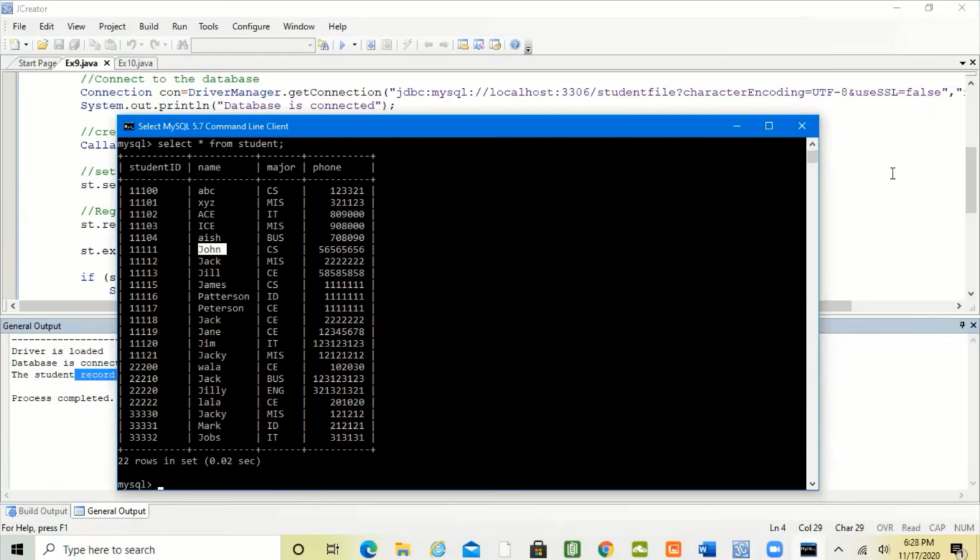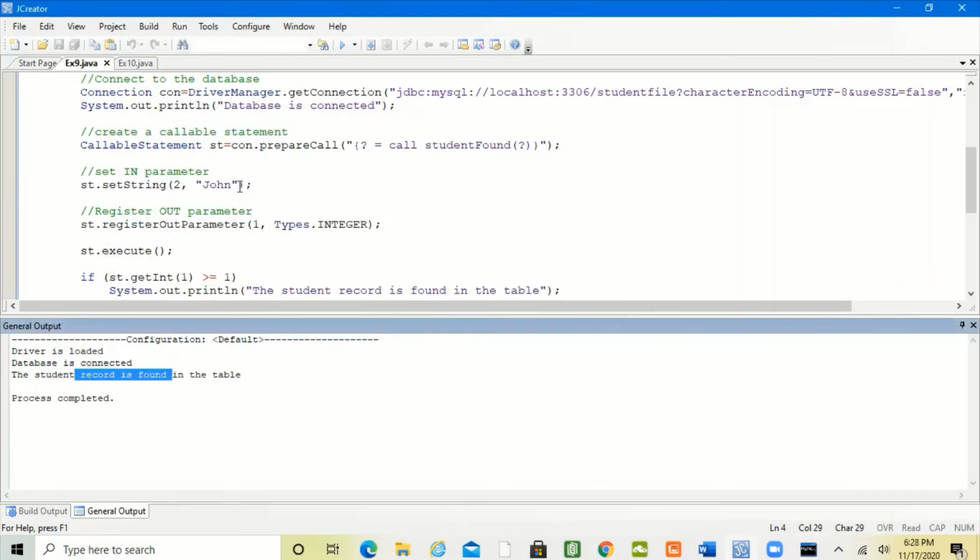Okay, let's try to give some other value. Instead of John, let me give, for example, JJJ, something like that. Do I have this record? The student name JJ, another JJ.